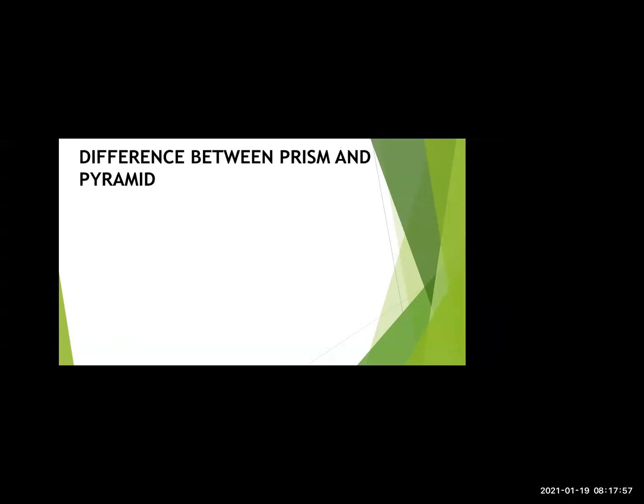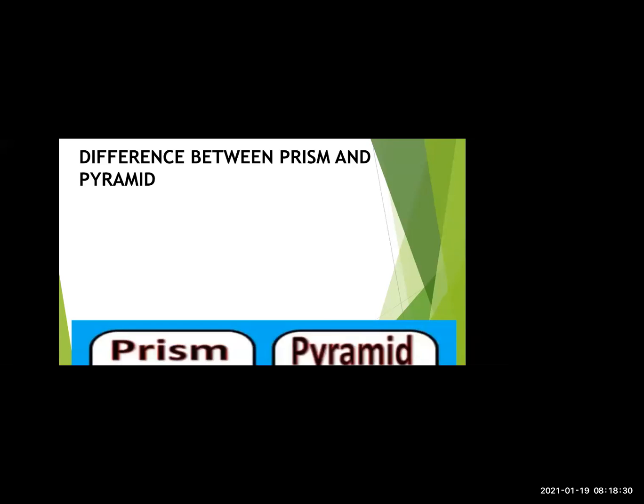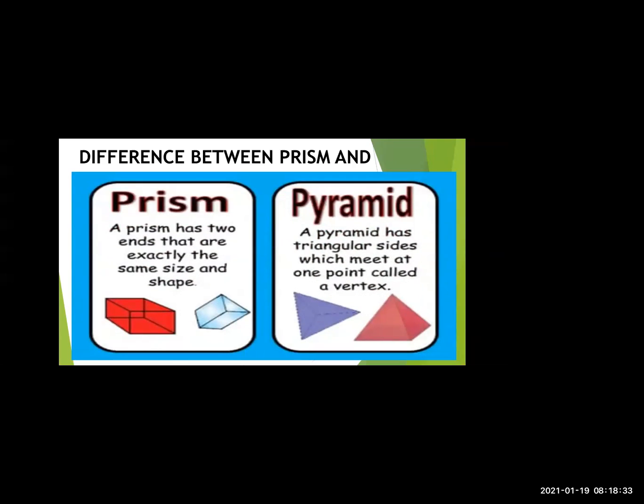Now, yesterday we studied the rectangular prism and triangular prism. Now today we are studying the pyramid: triangular pyramid, quadrangular pyramid, pentagonal pyramid. But what is the difference between prism and pyramid? There might be some confusion, that the teacher is sometimes telling triangular prism, sometimes she's telling triangular pyramid. But what is the difference between both these 3D shapes? Now here we go, we get the exact difference.